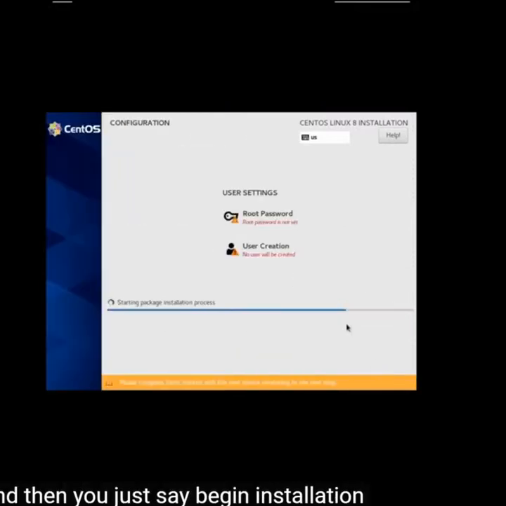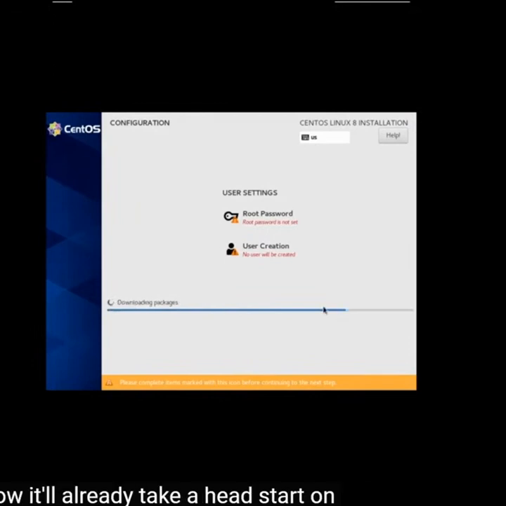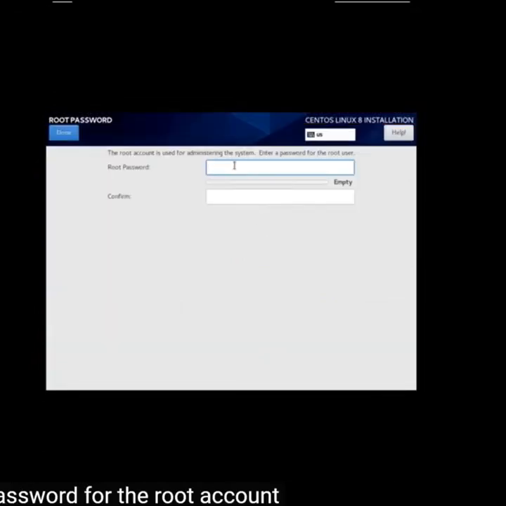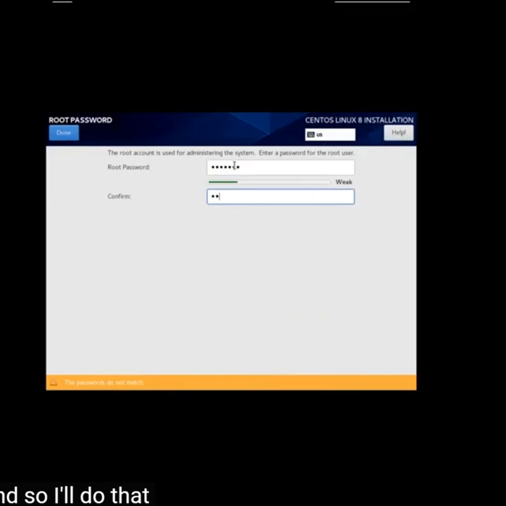Now, it'll already take a head start on trying to load some packages and files while you have some more information to put in. First, you'll have to pick a password for the root account. And so I'll do that. And it's actually LF train for virtual machines we use for the classes, which is a pretty simple